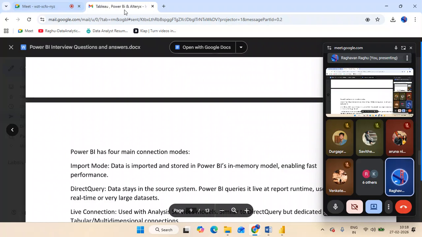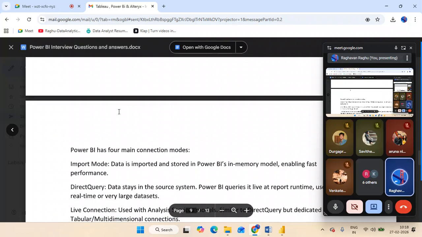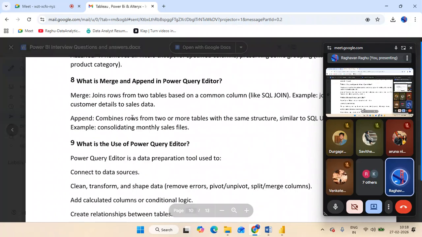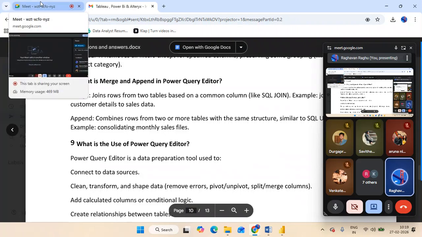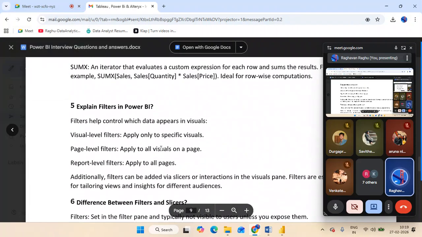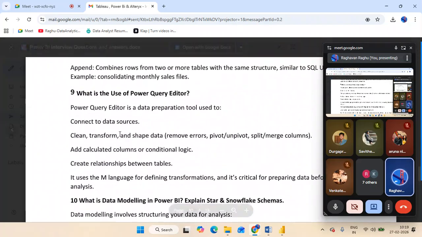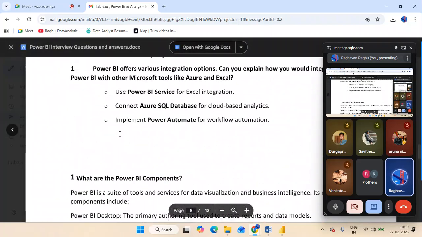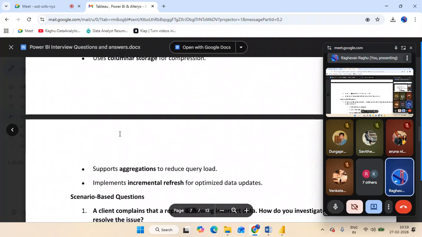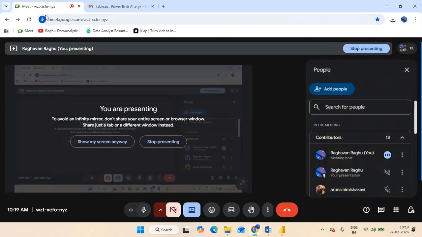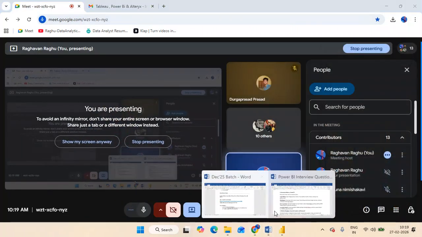I'm just explaining whatever document I have shared with you. That's a Power BI interview question document. If you scroll down to the last, the last 26 questions are very repeatedly asked interview questions, and don't neglect the ones above. If you miss something in the 26, go above and search for the remaining questions. But just focus on these 26 first, and only after that go through the remaining questions.